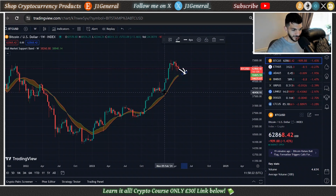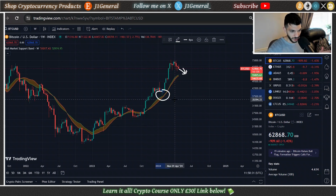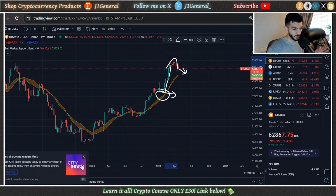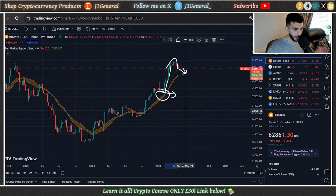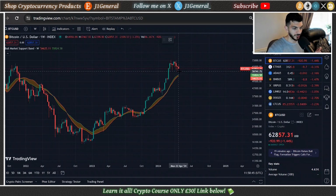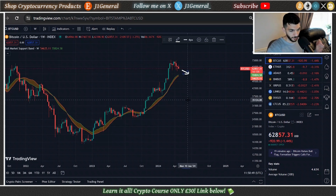If Bitcoin backtested the bull market support band at this moment right here in February, that could have been considered very healthy structure, maybe a larger correction or, in terms of a time correction. But because Bitcoin has just evidently soared to new highs in just a short amount of time, as a Bitcoin bull, you do not want to see the price risk coming back to the bull market support band, because it runs the risk of not holding it as support. And if it doesn't hold it as support,